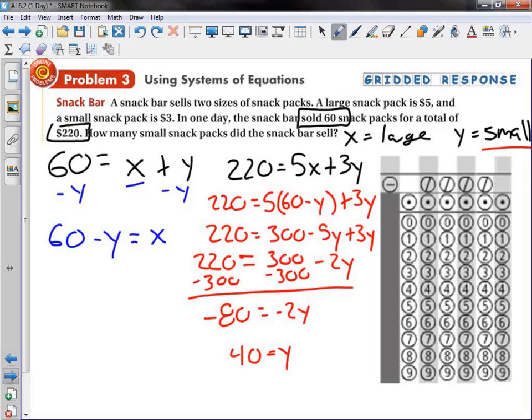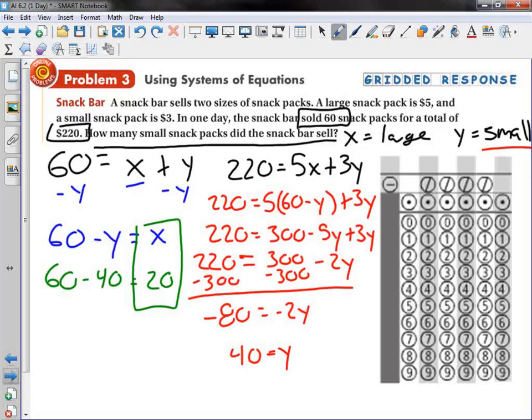Okay? Well, step 5 says to substitute into the other answer, and it's pretty easy to see that if I sold 40 small snack packs, that I must have sold 20 large snack packs, because there are 60 total. But that's not entirely necessary, because the question only asks how many small snack packs did the snack bar sell. So they aren't interested in the large ones, they just want to know how many small snack packs did they sell, which is 40. So that's our answer,